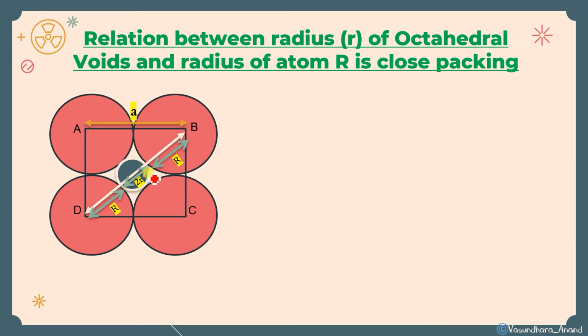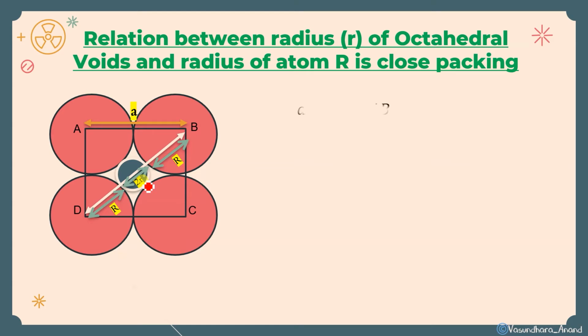In the previous class, I had taken this R as a capital R only. Why not here? There is a difference between that and this. That was BCC and FCC, that means there was also an atom at the center, isn't it? All the atoms have the same size, and that's why I took capital R for everything, whether in the center or in the corner. But in this case, it is the void, and the void has a smaller size, that means different than the radius of the atom. So that's why I'm using a different abbreviation. I hope it is clear.